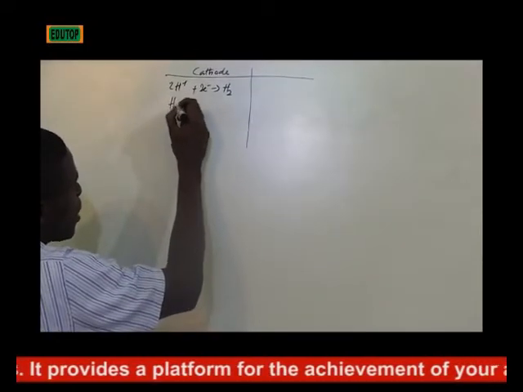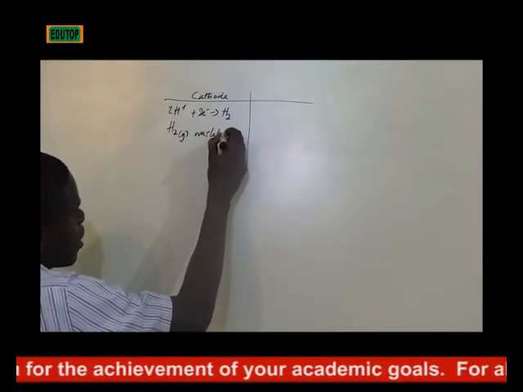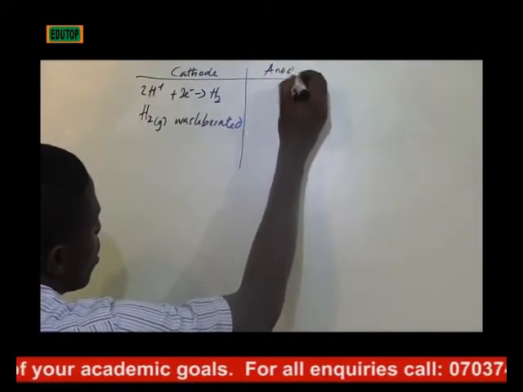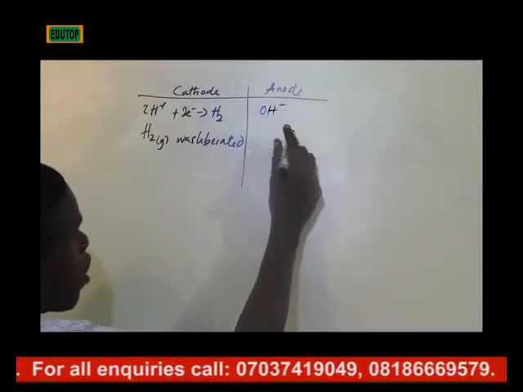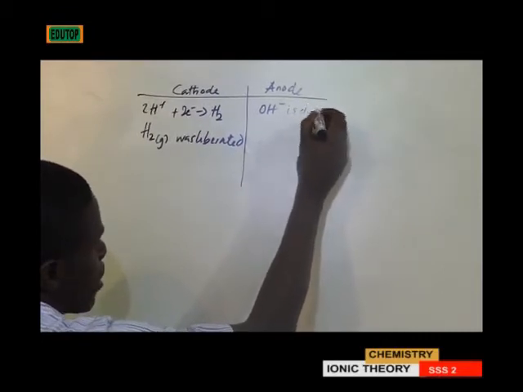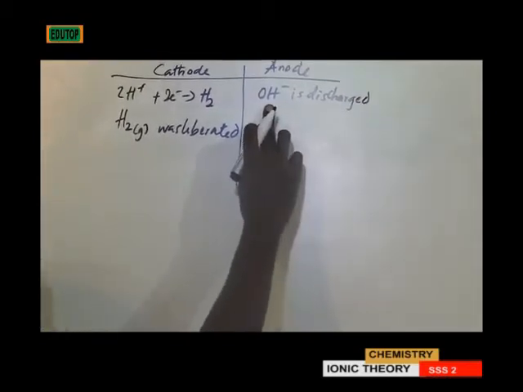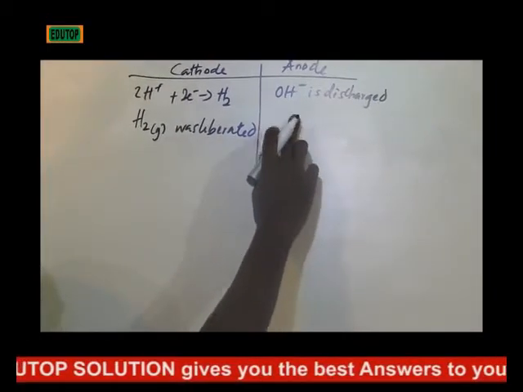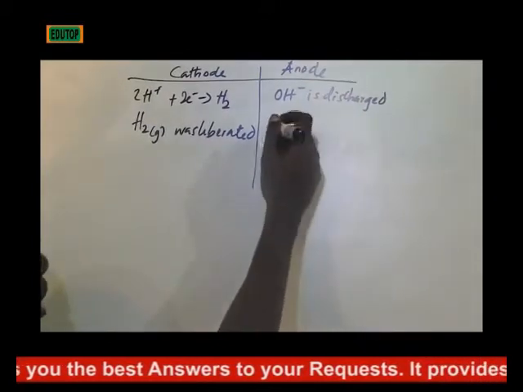Discharged and hydrogen gas was liberated. At the anode, hydroxide ion is discharged, and for the discharge of hydroxide ion, oxygen gas will be part of the product, and since oxygen is diatomic, it